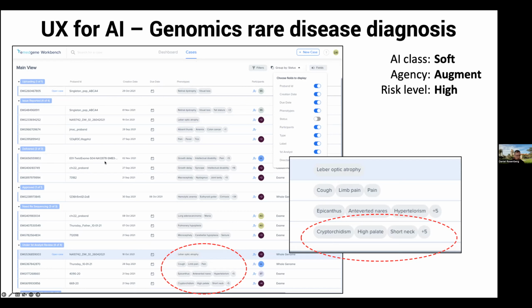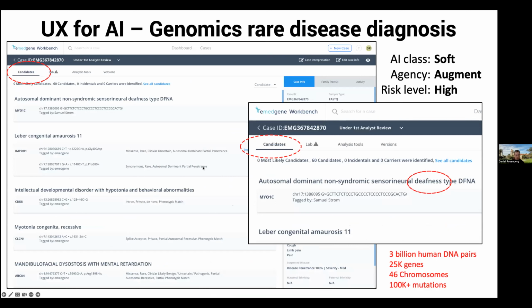So each row represents a case, which would have sequenced at least one parent and a child, usually both parents. And here you can see the phenotypes. So phenotypes could be high palate, short neck, deafness, blindness, sickle cell anemia, right? And so you're kind of mapping that.